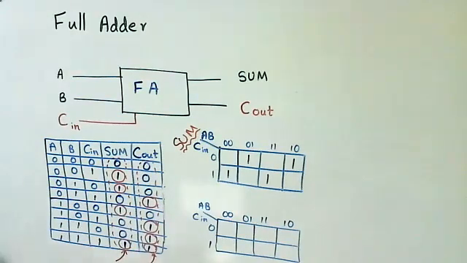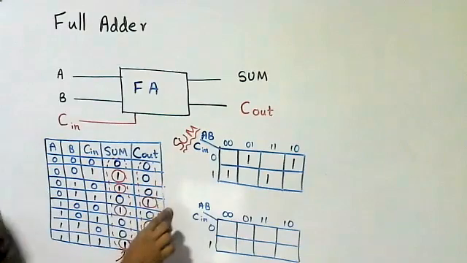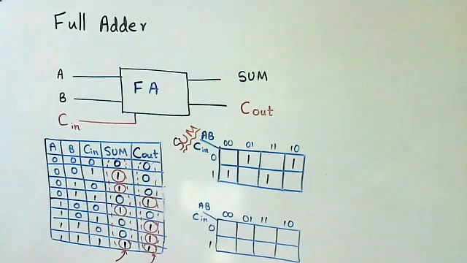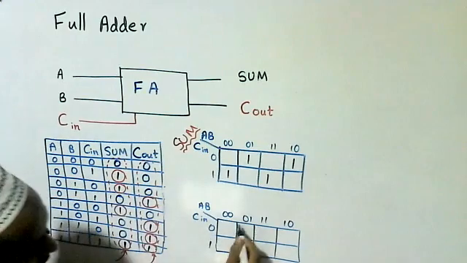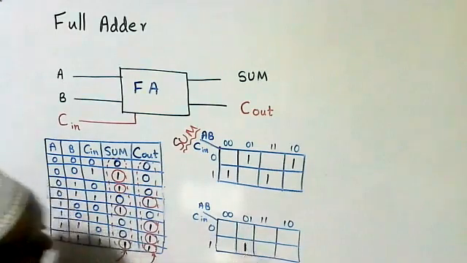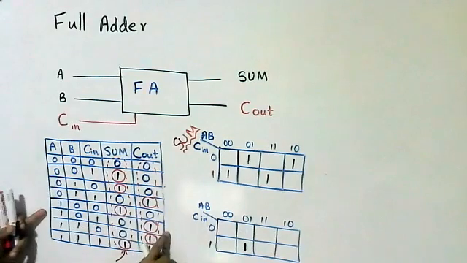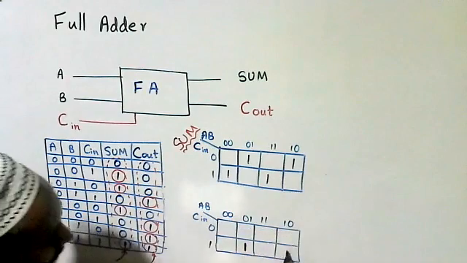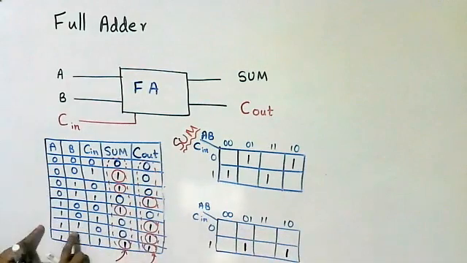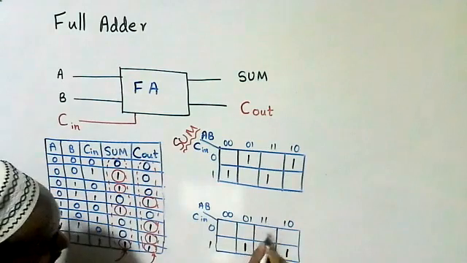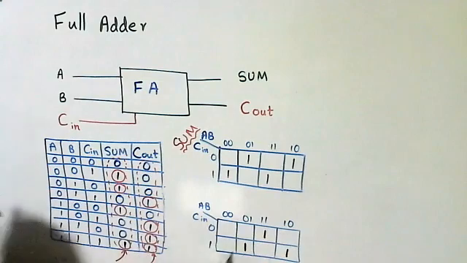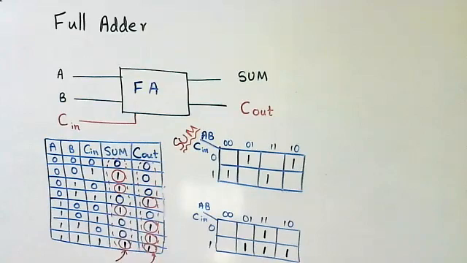Now I'm going to mark the ones here, students. Here this one 0, 1, 1. Okay, 0, 1, 0, 1, 1. That means here 1. And this one 1, 0, 1, 1, 0, 1. Here 1. Here 1, 1, 0, 1, 1, 0. Here 1. And 1, 1, 1, 1, 1, 1. Here 1. How to group this?